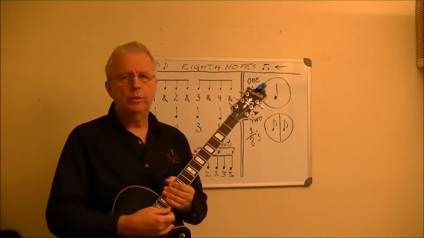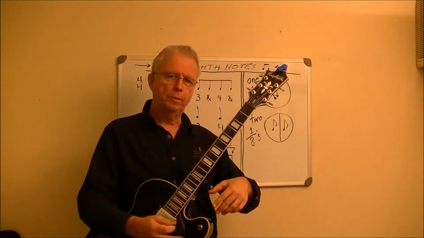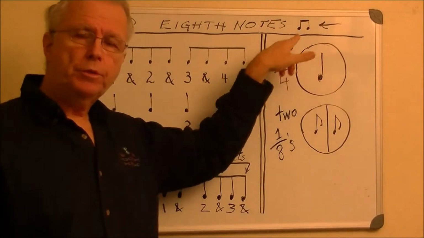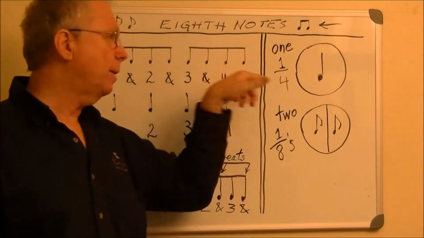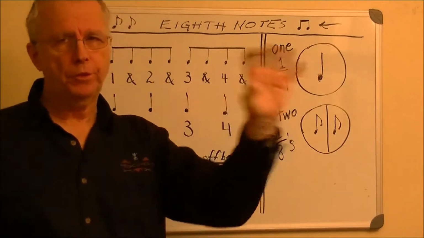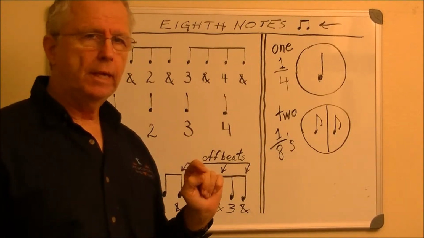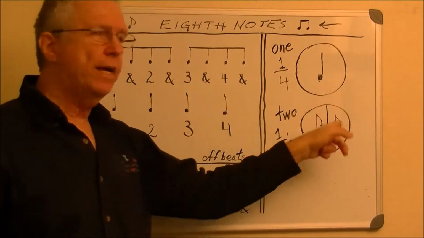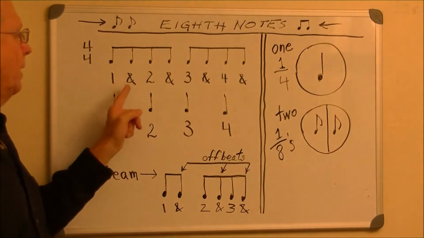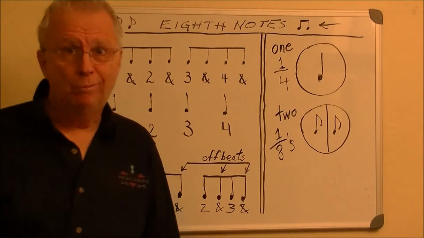Now in this video I'm going to introduce you to the basic notation for the eighth note. So pardon me while I zoom in for a close-up. Over here, this is the familiar circle from the illustration of whole notes, except now that circle represents 1 quarter note. There would be 4 circles like that in a measure of 4/4 time. Each one of these is 1 beat. The eighth note is 1/2 of that circle. Now remember, the count is 1 and 2 and 3 and 4 and. That's going to become important later.